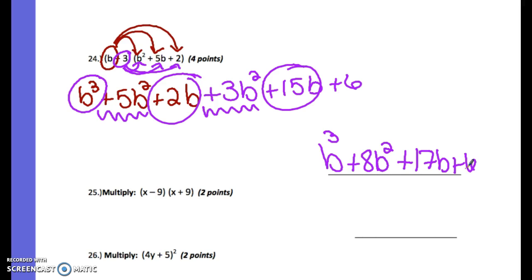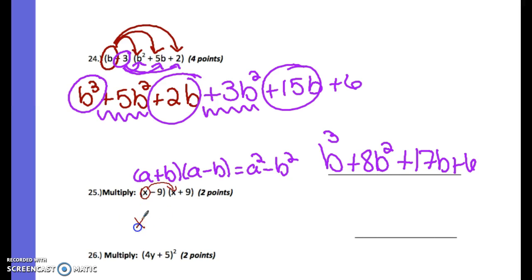Number 25, you can do two different ways. The first way is you can realize that they are the same, but it fits the form a plus b times a minus b, which is just a squared minus b squared. Or you can distribute. So if you do it by distribution, you'd start by doing